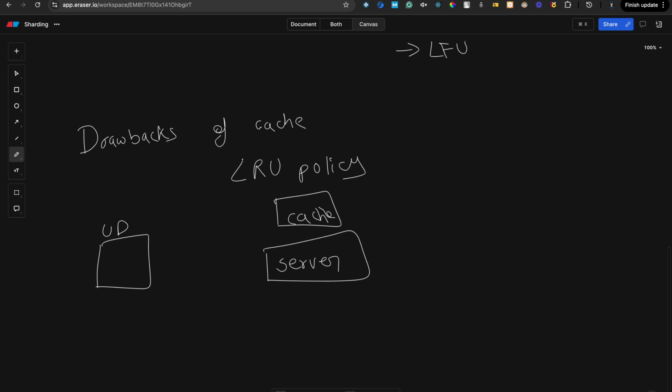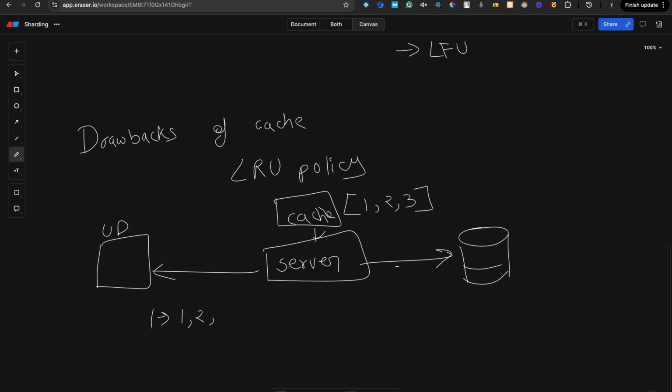The data stored here is 1, 2 and 3, as an array, and this communicates with our DB. For the first request, if the user asks for 1, 2, 3, it gets it from the cache and returns it.